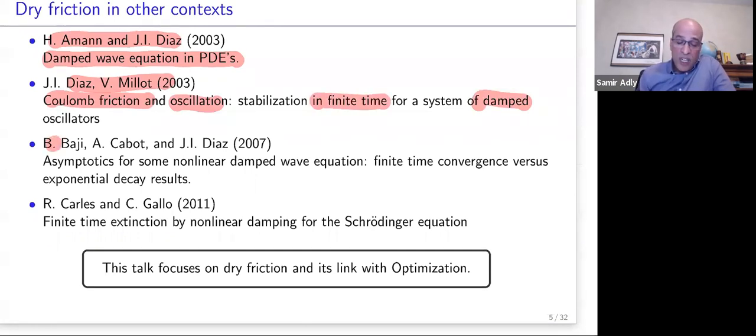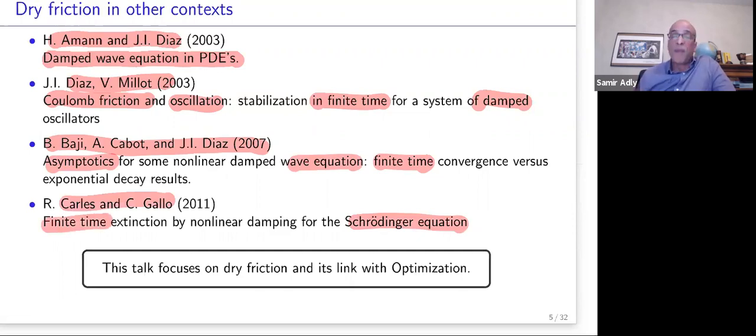Another paper by Bamberger, Cabot and Díaz in 2007, when they studied the asymptotic behavior of the wave equation, and also they proved the finite time convergence of the trajectories. And another work in the context of the Schrödinger equation by Carles and Gallo in 2011 for the finite time